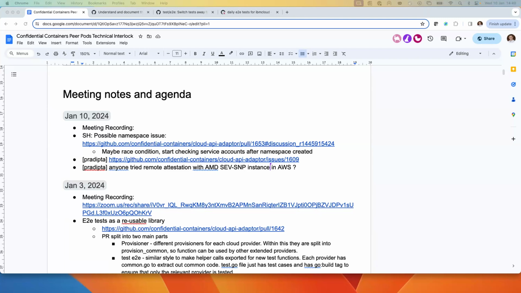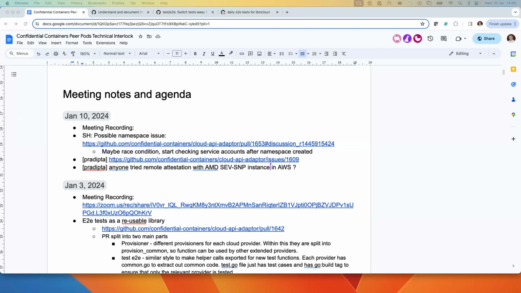This is way easier to debug than trying to run a Coco setup first and see whether remote attestation works. This I can recommend. Yeah, trying this first.